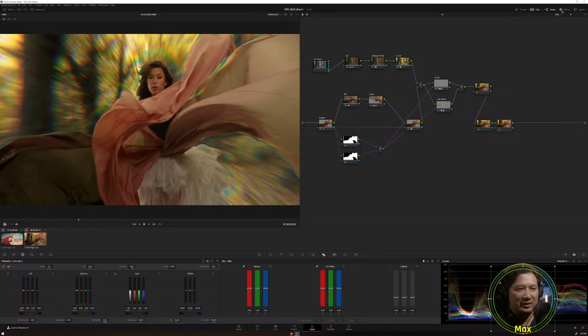Some LUTs have a very obvious input name sometimes. But if you don't have a LUT which is named obviously, you can open the LUT in a text editor,